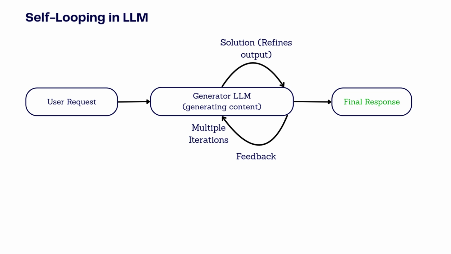In the self-looping workflow, the generator LLM produces a first response based on the input prompt. The LLM examines its own output. This can involve comparing multiple generated responses or checking for completeness or adherence to instructions. Based on the self-evaluation, the LLM edits or rewrites the output to make it better. This cycle repeats for multiple iterations. Each loop improves the output, gradually refining it until it meets the desired quality standards. This approach is especially useful when speed, scalability, and independence are important, and the task doesn't require external domain expertise.